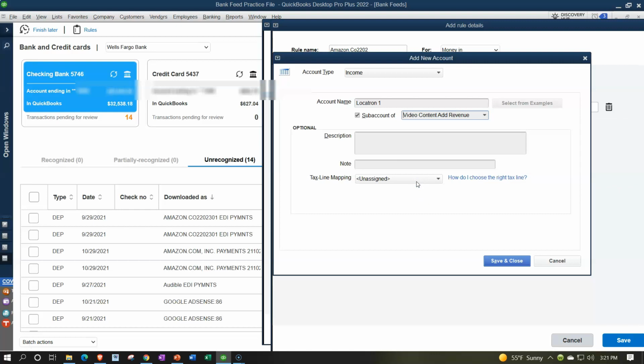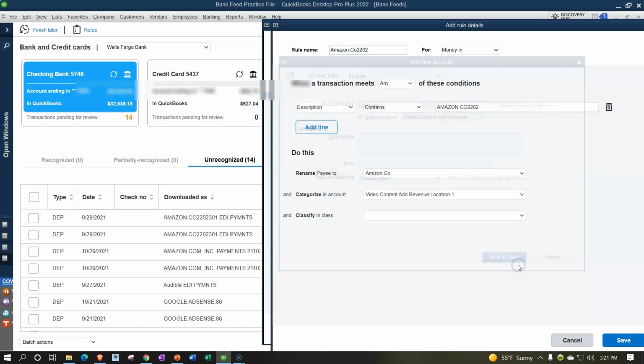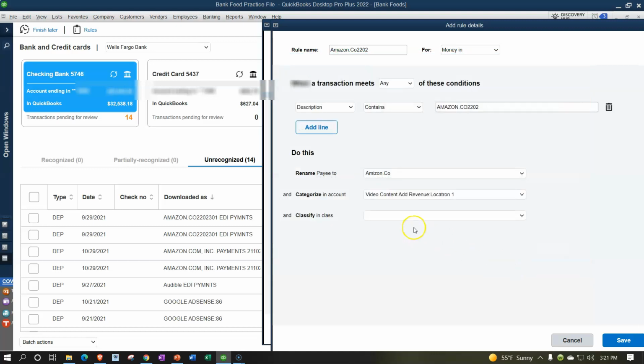And it's going to be another account. And then if I wanted to also apply classes to it, we could do that. So I'm going to keep this here. I'm going to save this and close it. So there is that. I also want to assign that to a class. And I got to add a class. I'm just going to call it